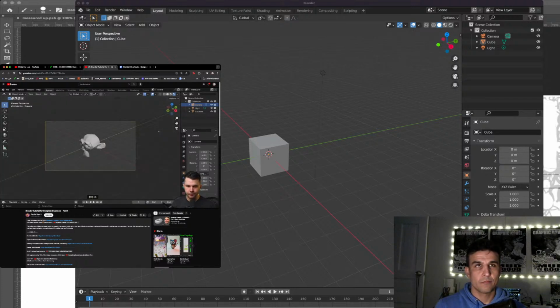So, how do we move the camera? Well, Blender's a little awkward, maybe a little different to other software packages, but you're supposed to hit G to move it, and then middle mouse to zoom in